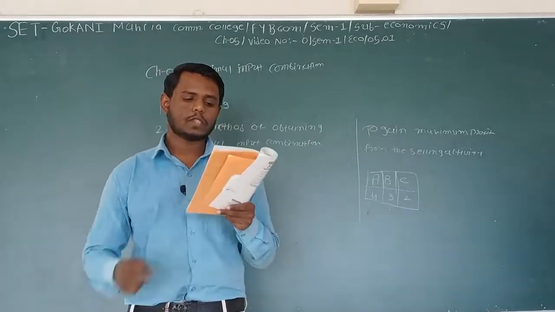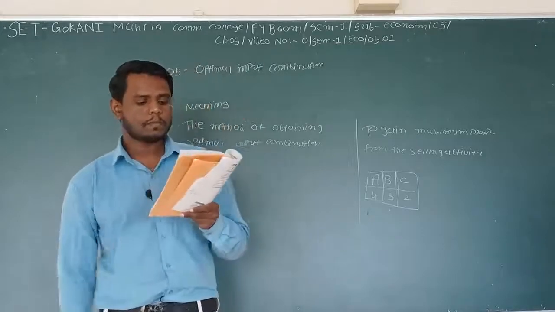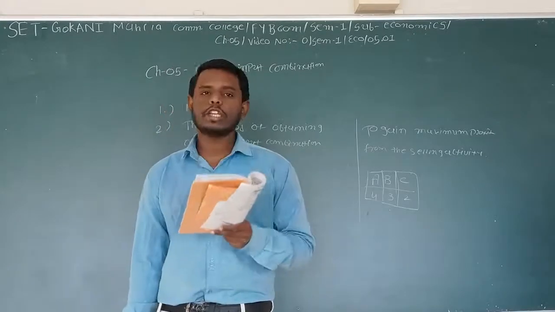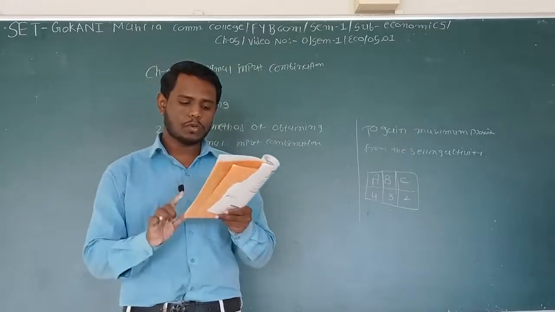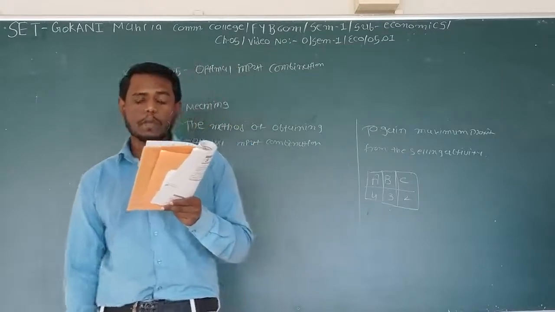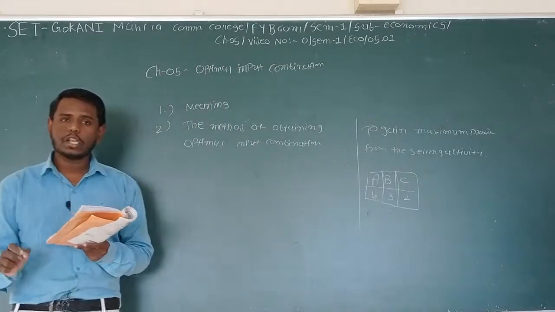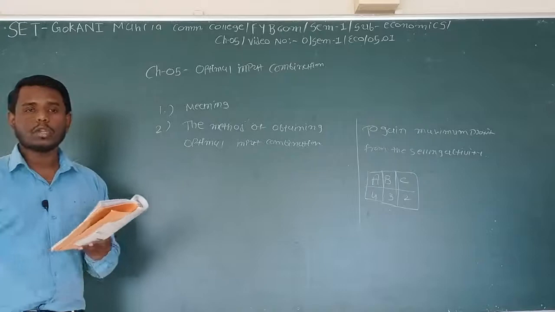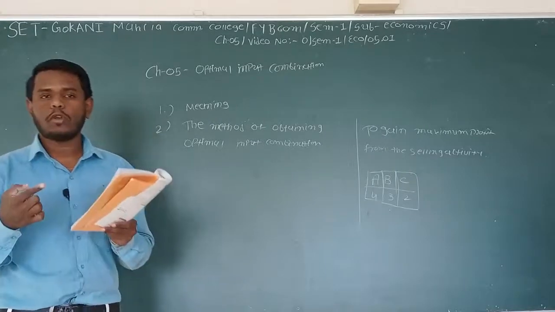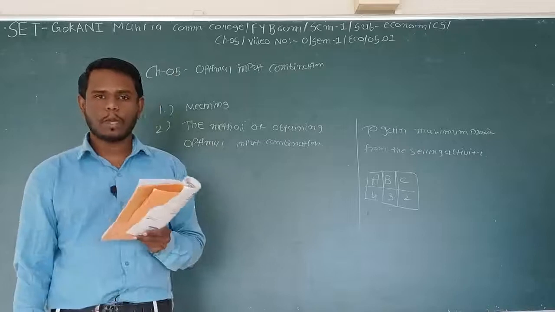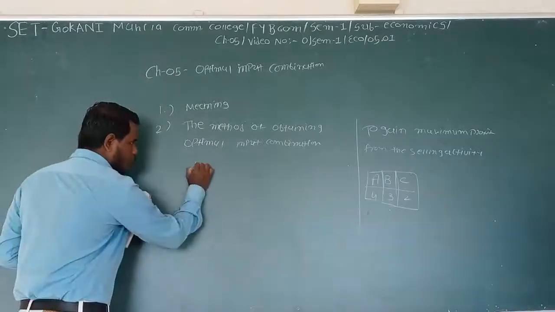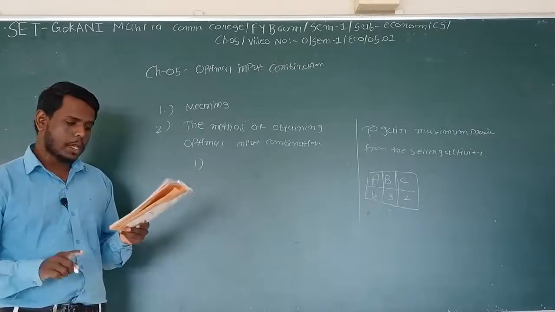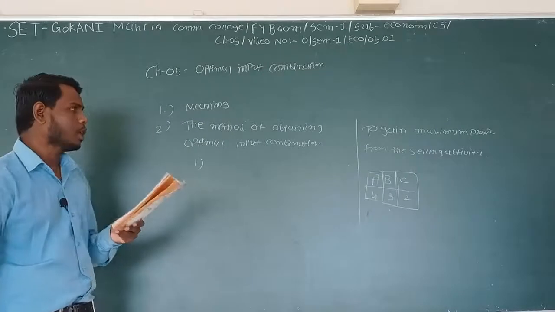Optimal input combination, the one that makes production at the minimum cost, can be achieved when the marginal productivity of an input and the marginal utility of money spent on it are equal. It means when the marginal productivity of any input and the marginal cost of that particular input both become the same, at that point you will get the optimal input combination. Here two things are given to you. The first is that the optimal input combination can be achieved when marginal productivity of an input,